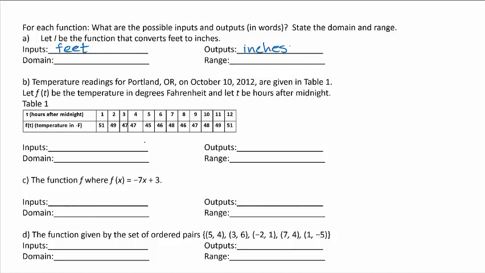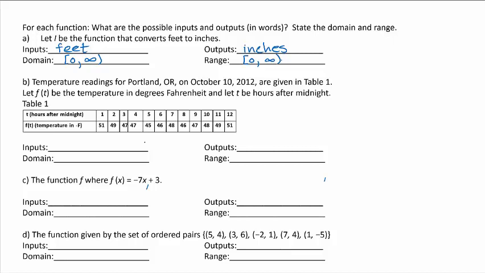Now, we haven't been given a formula for this. We could come up with one, right, since it's a pretty simple conversion from feet to inches. But just thinking about the concept of it. Feet and inches are units of distance, right, which we generally accept to be positive. So we might assume, well, okay, the acceptable outputs would probably be from 0 to infinity. So I could write for the domain, we have the interval from 0 to infinity. And then for the range, similar thing, right? We could say 0 to infinity for the range too, because the inches, with that same reasoning,